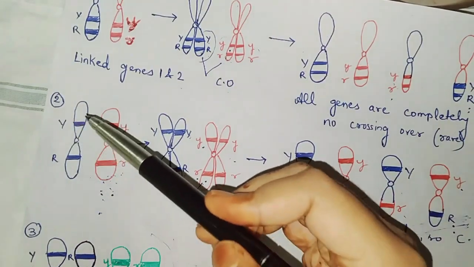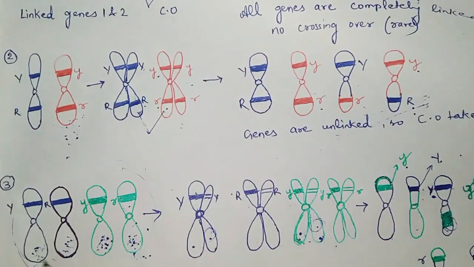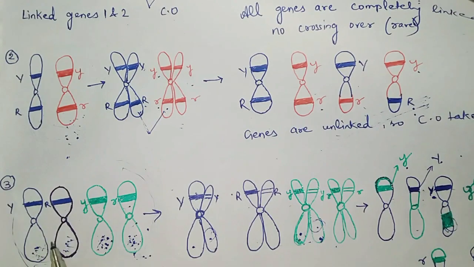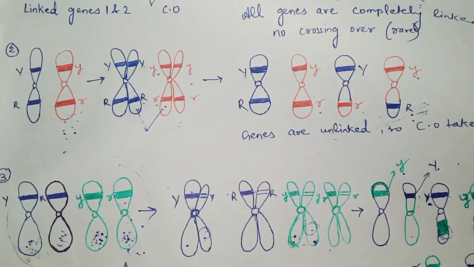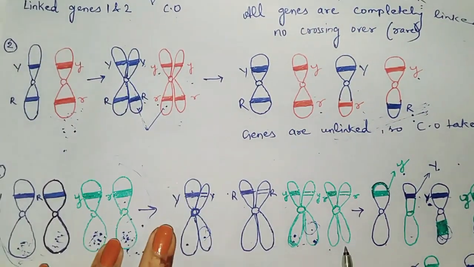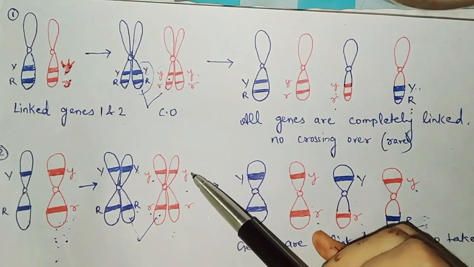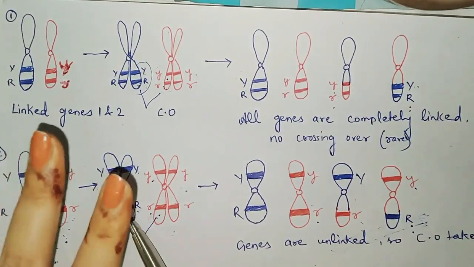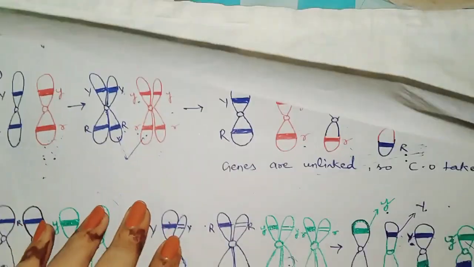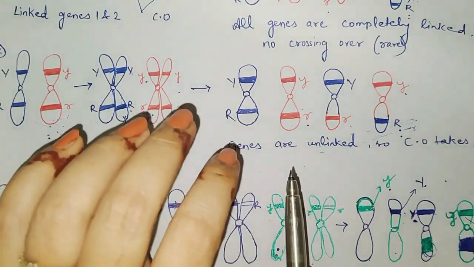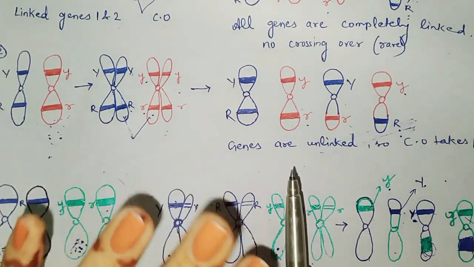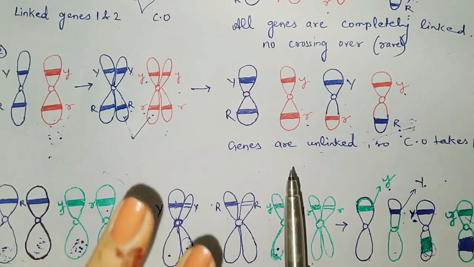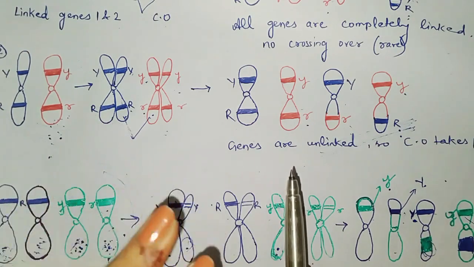Here gene 1 and 2 are present on a single chromosome. Here gene 1 and 2 are present on different chromosomes which are non-homologous to one another. These both are non-homologous, and these are homologous. When these chromosomes enter into the tetrad stage, crossing over will take place. In the above two cases, crossing over took place only between two non-sister chromatids, but in case 3 I will show you crossing over taking place between 4 chromatids, as crossing over can take place between 2, 3 and 4 chromatids, but involvement of 2 chromatids is more common.